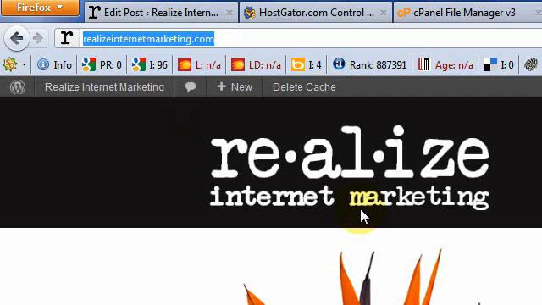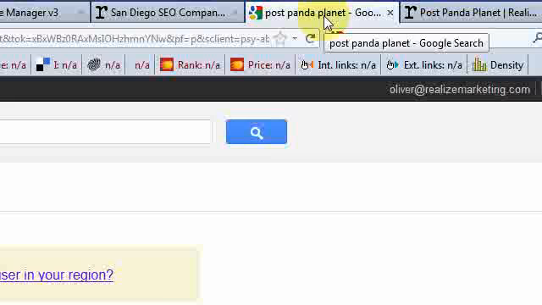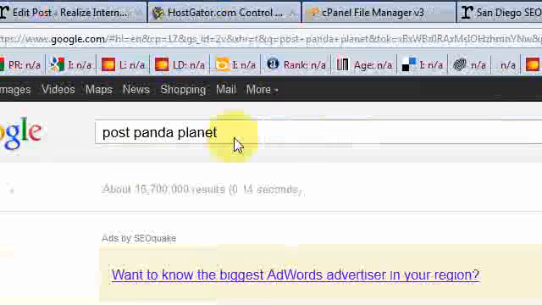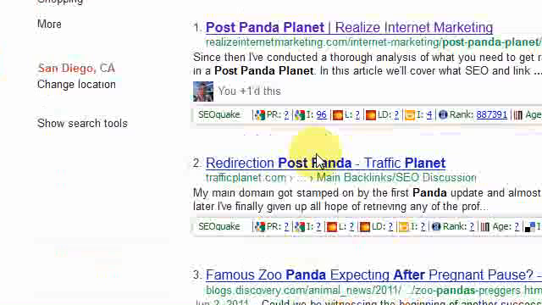So first, we're going to need to use a title tag that I already have for one of the pages within my website, on the Realize website, and that is an article called Post Panda Planet. I already have a Google search set up here for Post Panda Planet, and you can see my page is the first one here. You've got a couple other ones,